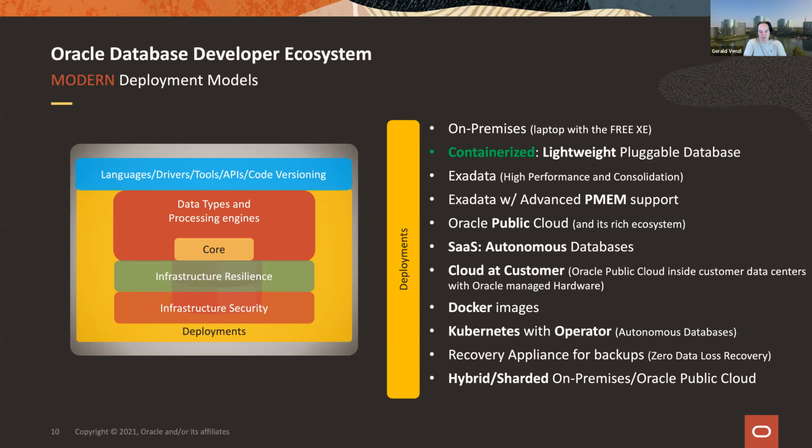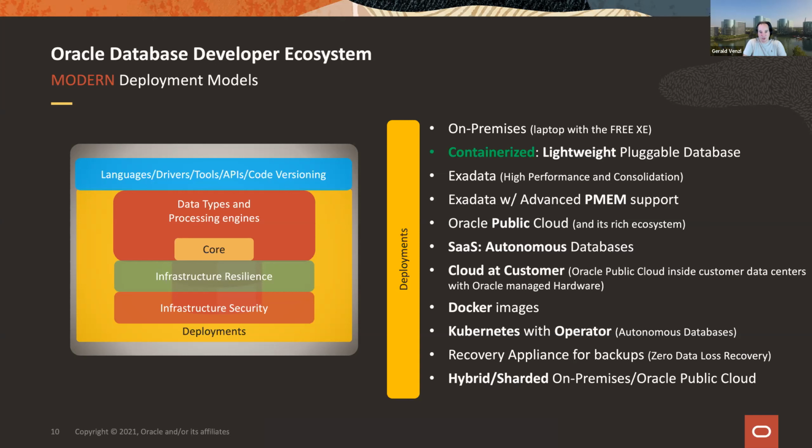Doesn't matter whether this database runs on your laptop, an Exadata, or of course, the cloud, right? We're going in the direction of autonomous database, which basically means making the database even smarter, right? So that perhaps it can even self-tune, decide itself whether to create indexes and so forth. But also